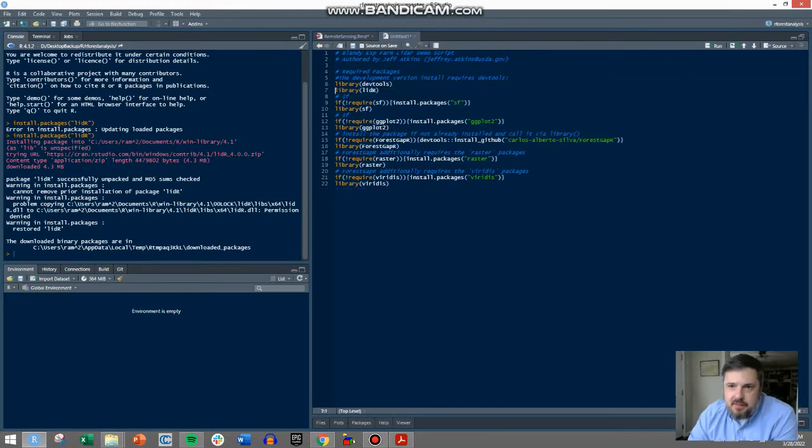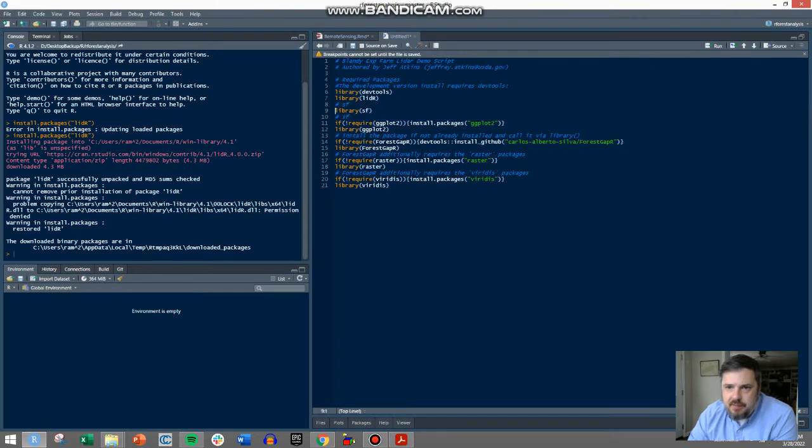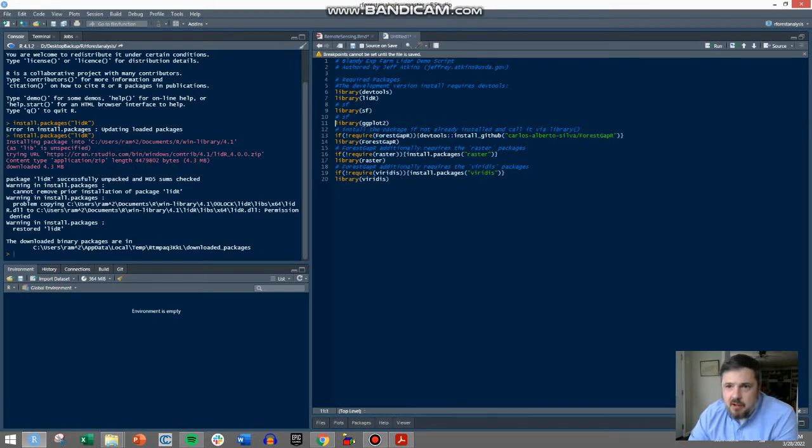We are not going to need devtools for this one, are we? We are going to need devtools for this. You need the sf package, which is used for working with shapefiles. We use the ggplot package, which has to do with plotting and is a really good way to plot. ForestGapR is a developmental package, so if you're going to install this one,